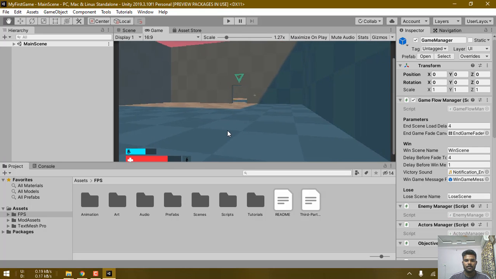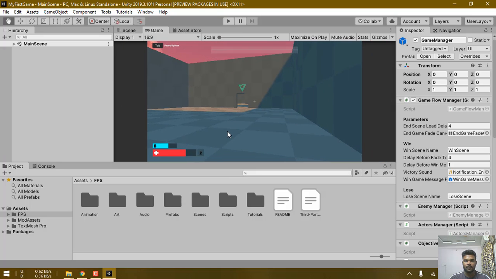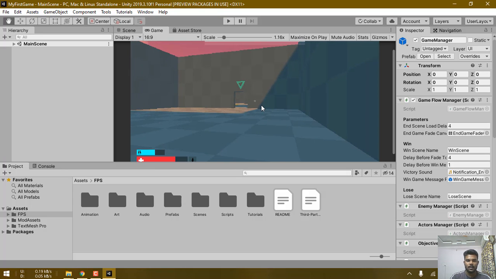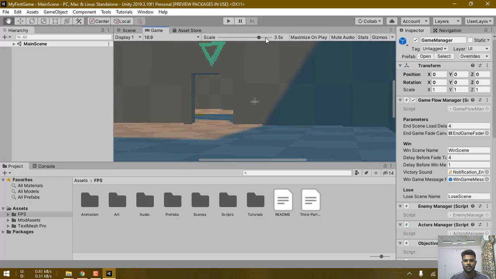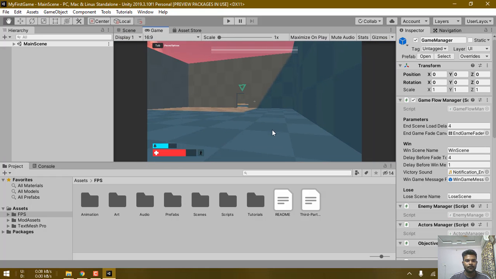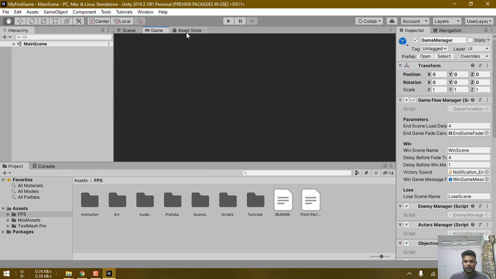And this is how the mouse wheel will help you in zooming in and zooming out. If you don't use a mouse, or if you're using a laptop, you can just press control and move forward. Or you can just click on here and do scale. So this is for the scene, this is for the game. And the asset store contains a lot of playable objects.